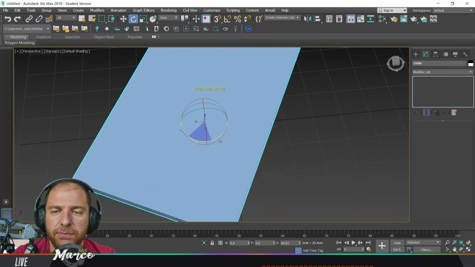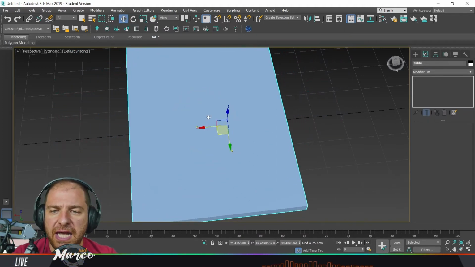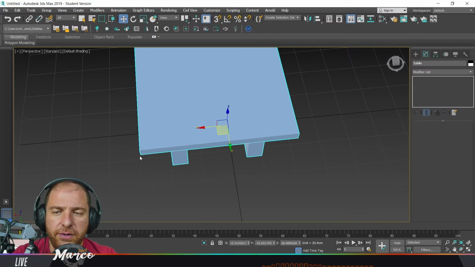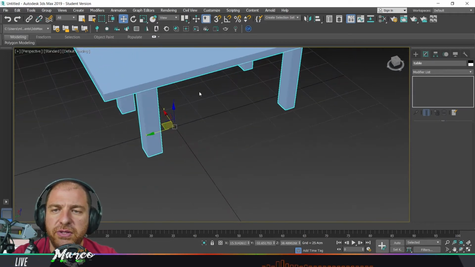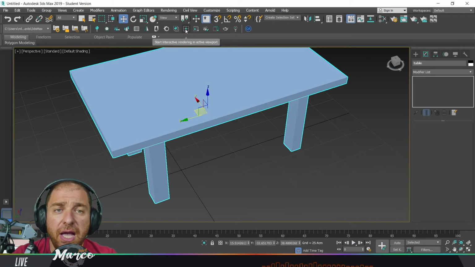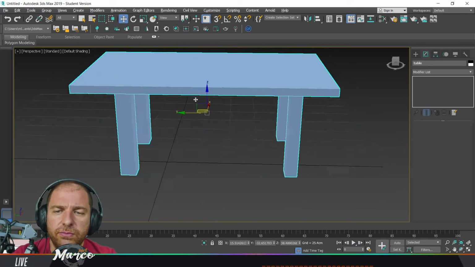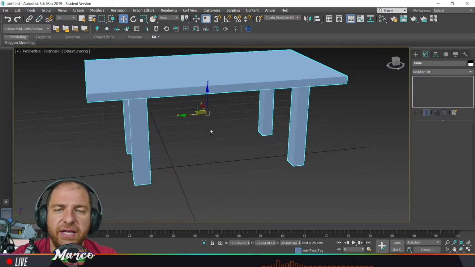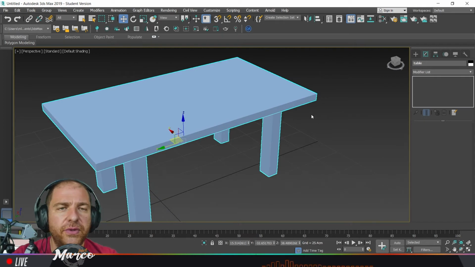I should rotate the table and then move the table where the edge, the corner of this top of the table should be. And this will be pretty complex and very time consuming, and also not that precise as a way to use 3ds Max. So what we can actually do instead is, and this is not only true for groups,